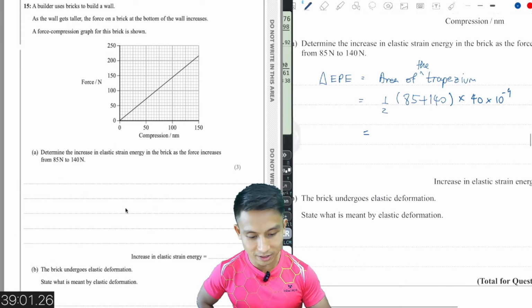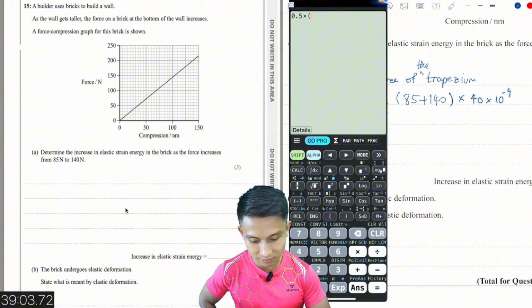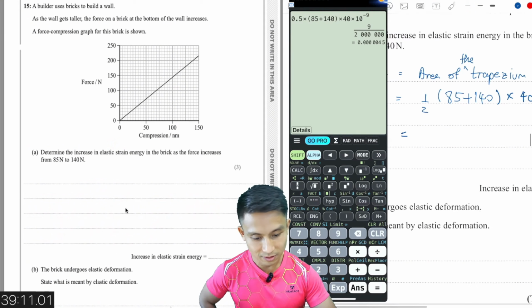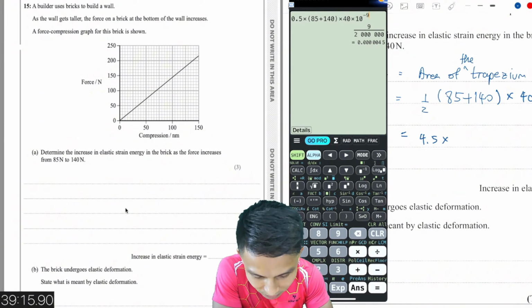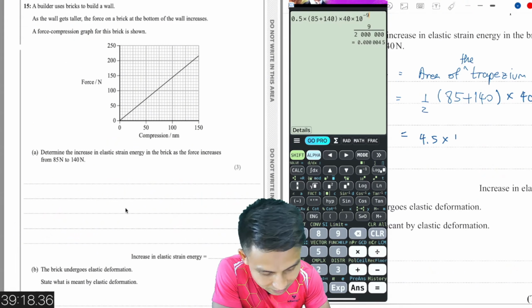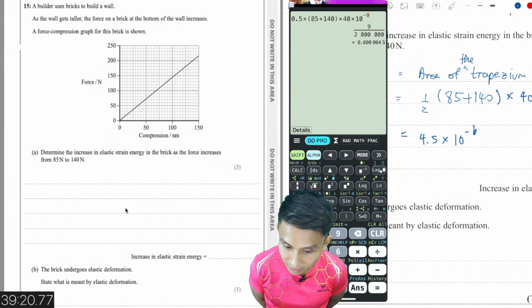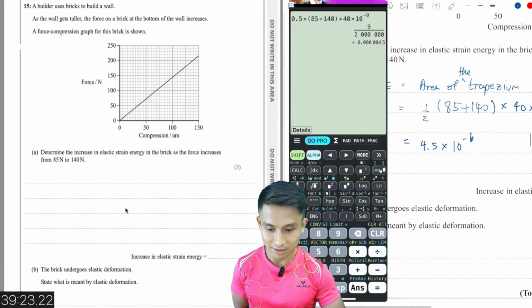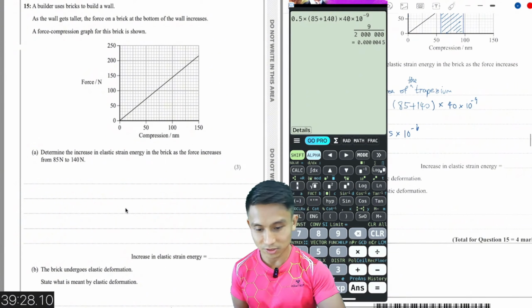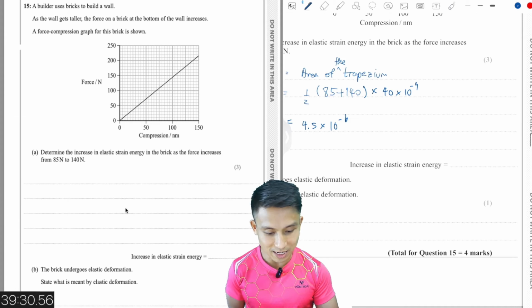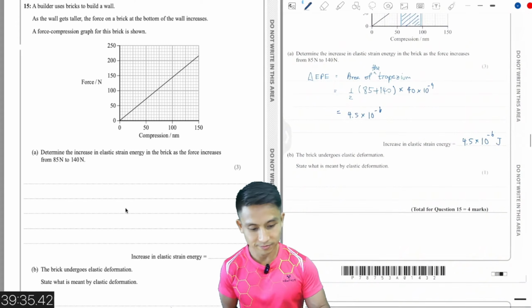We're just gonna plug that in a calculator. So 1/2 times 85 plus 140 times 40 times 10 to the minus 9. Ooh, so that is 4.5 times, how many zero then? 1, 2, 3, 4, 5, 6, 10 to the minus 6, right? Okay. I think I'm okay with all that. All right. So I'm just going to keep that answer. It's a very tiny energy, of course, because it doesn't compress much, if you think about it,